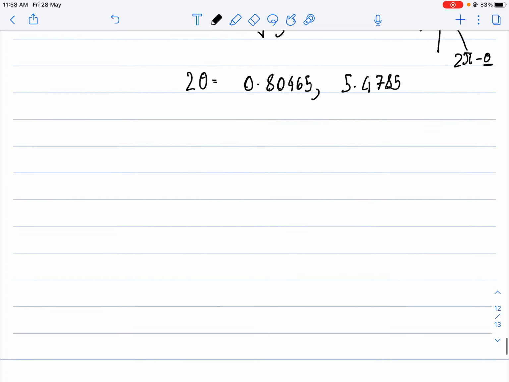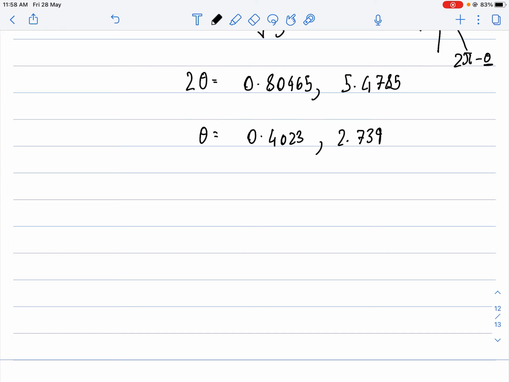So now I can write theta equals 0.80465 divided by 2, which gives 0.4023, and 5.4785 divided by 2 gives me